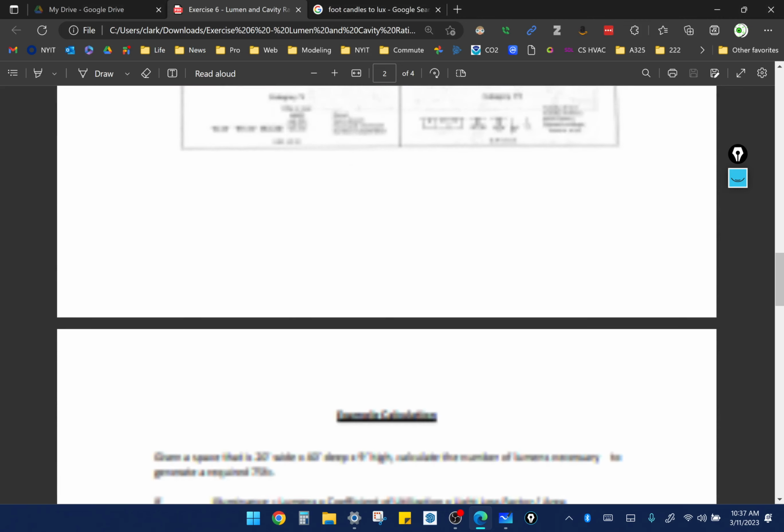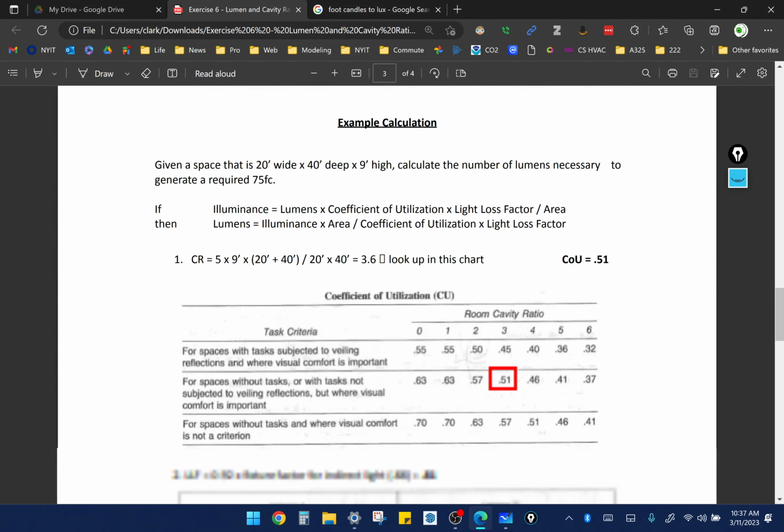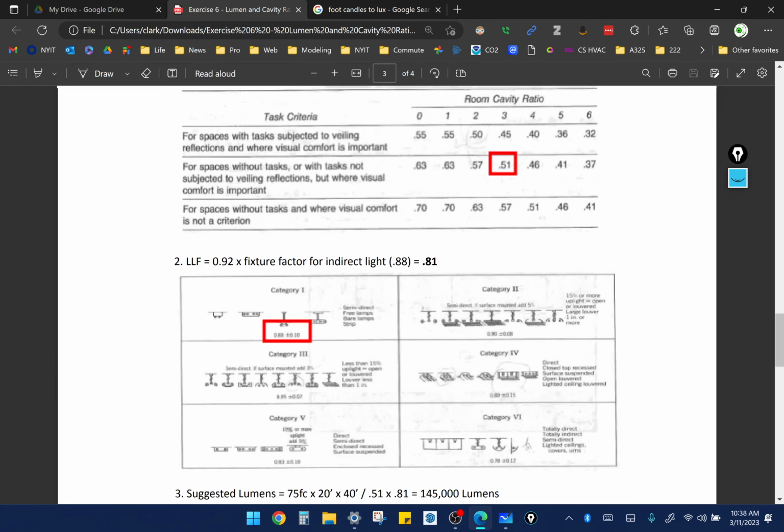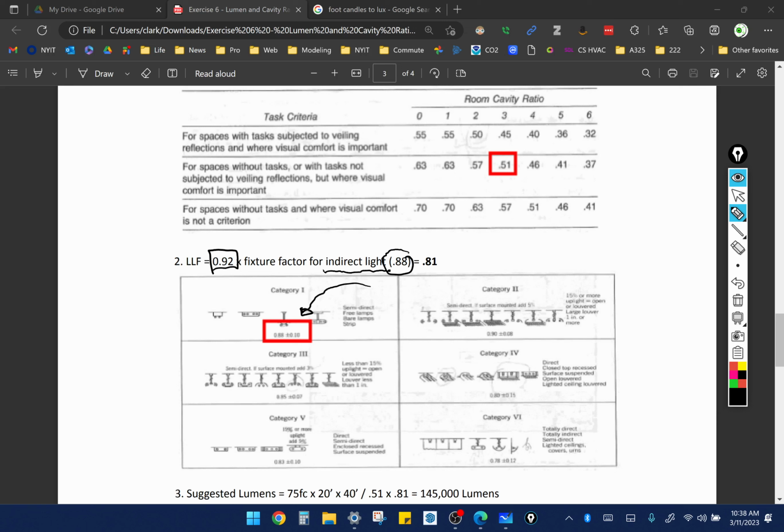So if we go down to the example and we go to light loss factor, what they've done here is they're saying, okay, that's the default. Every lamp's going to be at 0.92 to begin with. And then because they said we want to just do completely indirect light, we're going to say it's 0.88. That's category 1. And then we multiply these 2 together and we get 0.81. And that is then, if we go back to our equation,